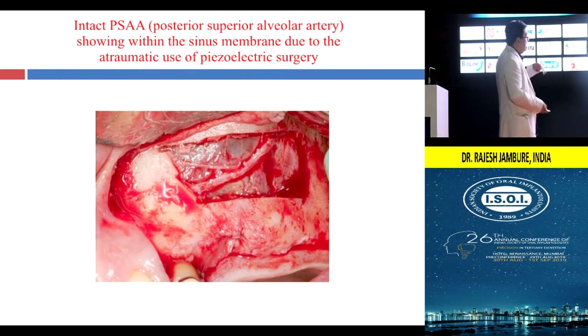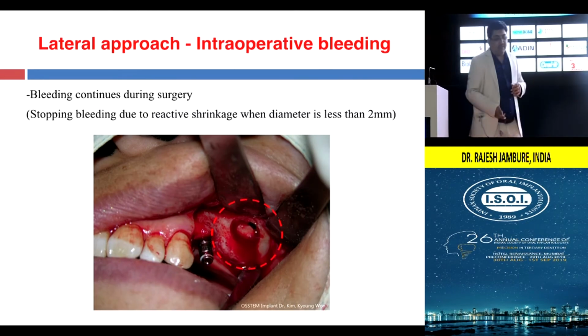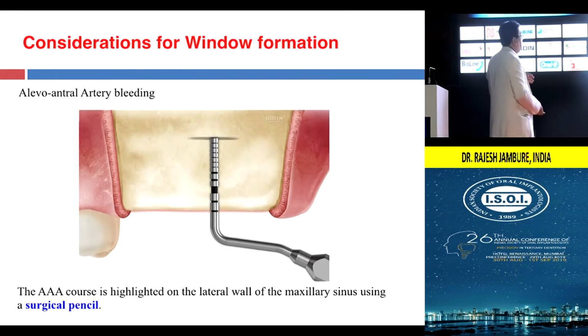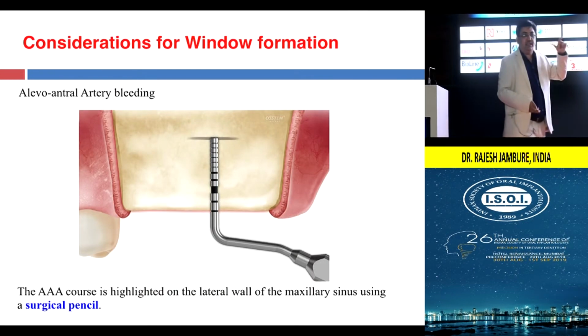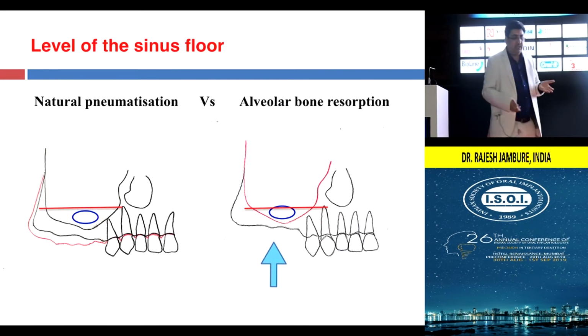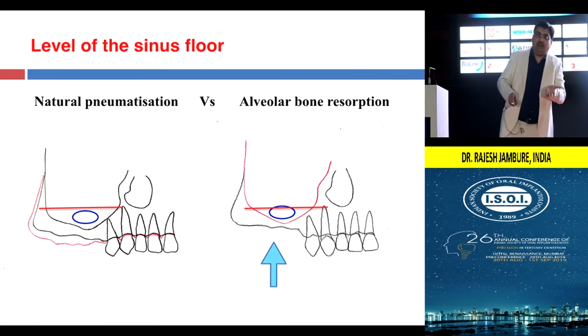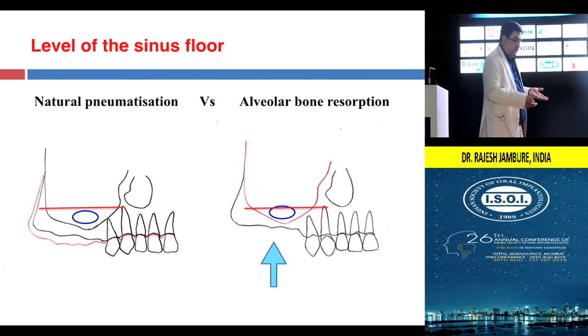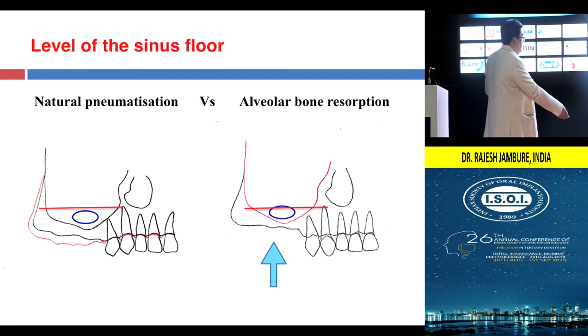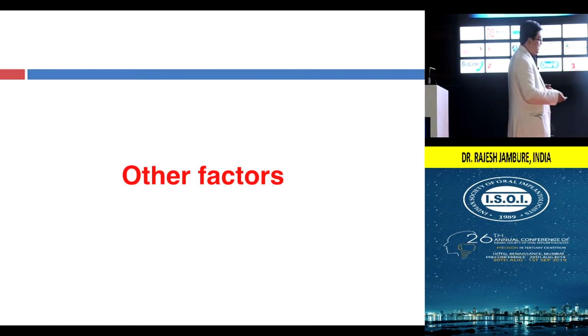This is the intraosseous part of that artery, and it can bleed while you are doing a procedure. So we must measure the intraosseous part of the artery from the crestal region and take care. Sometimes there is even alveolar crest resorption, so you need to move the window slightly upward. Here you can see the window moved upward, and then it can damage these particular walls.